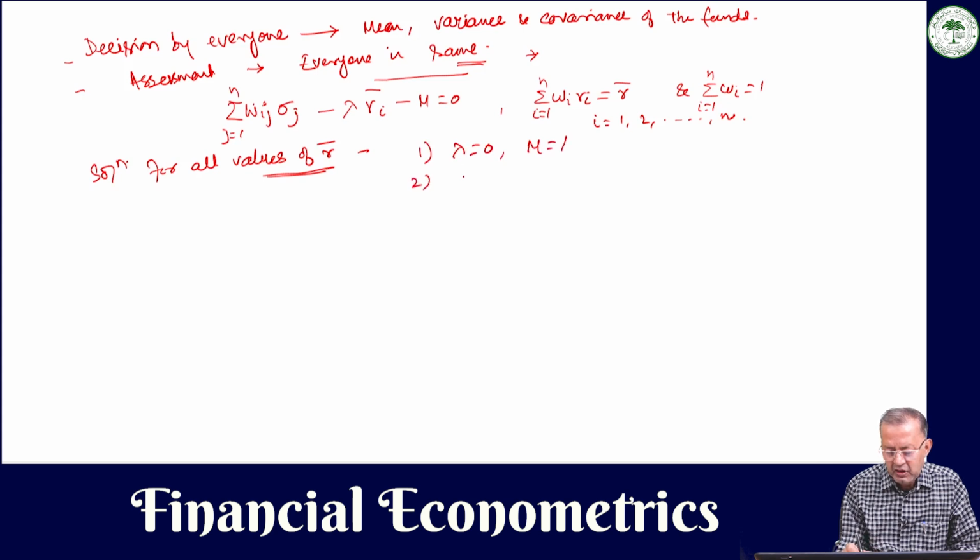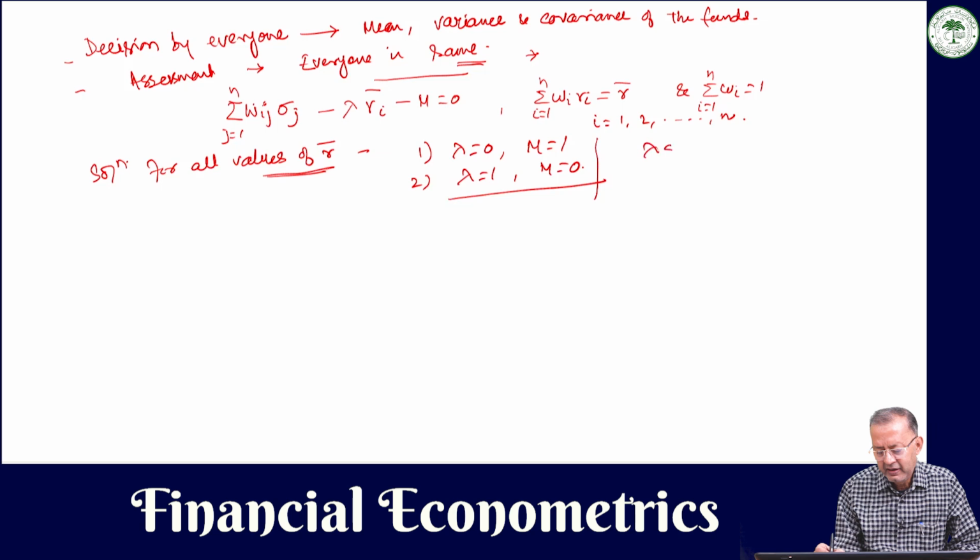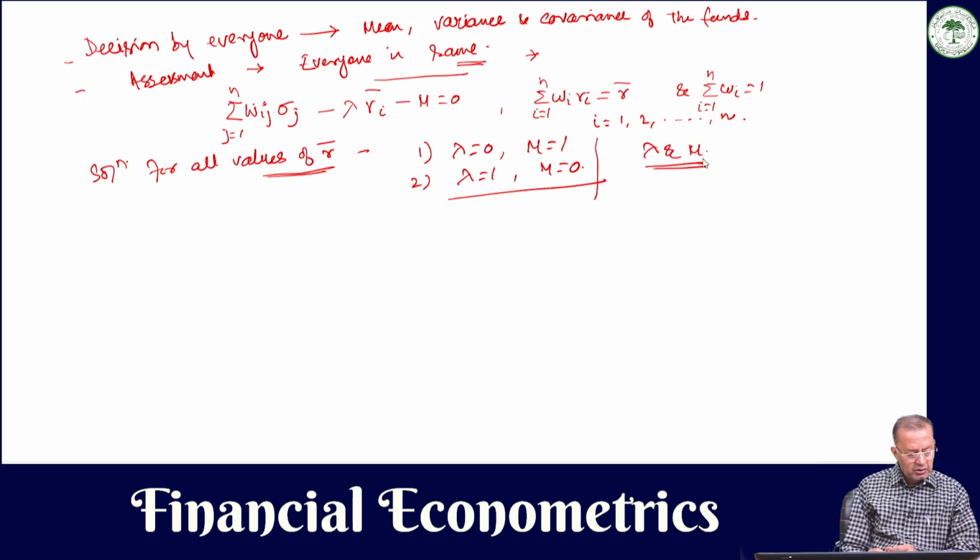And number two, when lambda is equal to 1 and mu is equal to 0. And we get the solution to find the values for lambda and mu. Once we get these two extreme situations, the assets are being decided